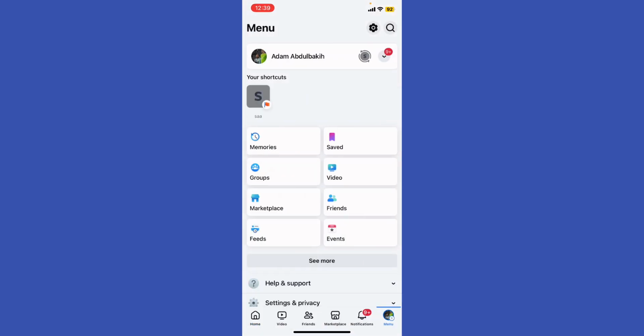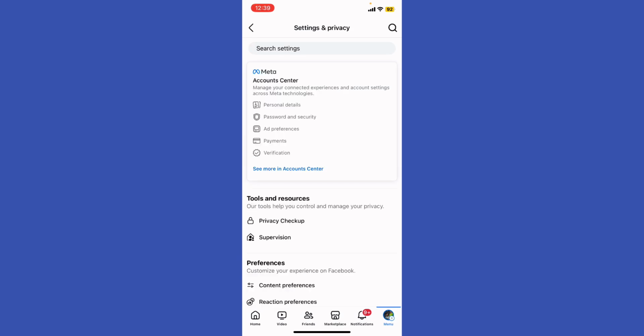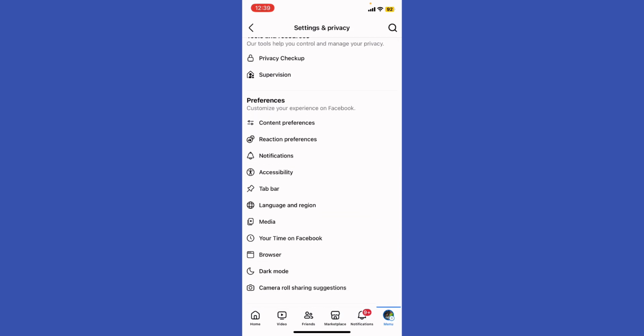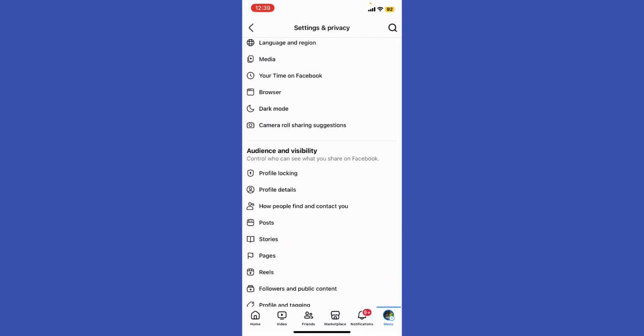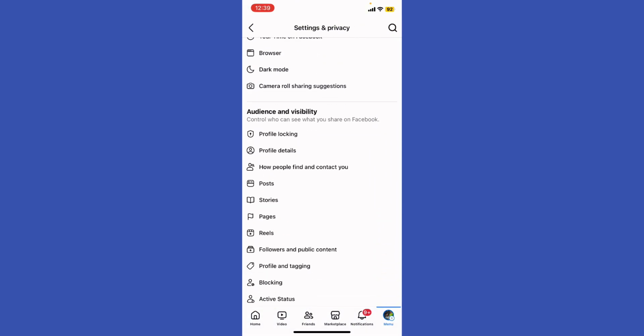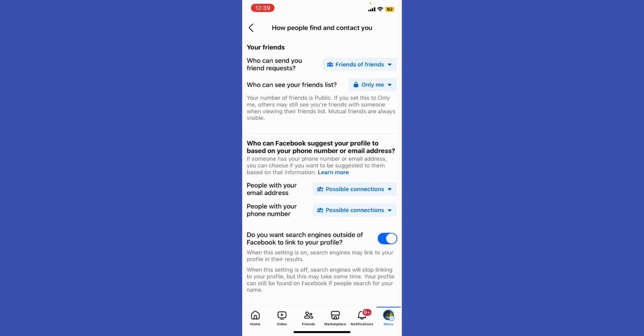And then basically what you're going to do next, move along to the settings gear at the top right. Now you're going to see the settings and privacy. Scroll a little bit down until you find the section for how people find and contact you. Move along. And here you're going to see the two sections: who can send you friend requests and who can